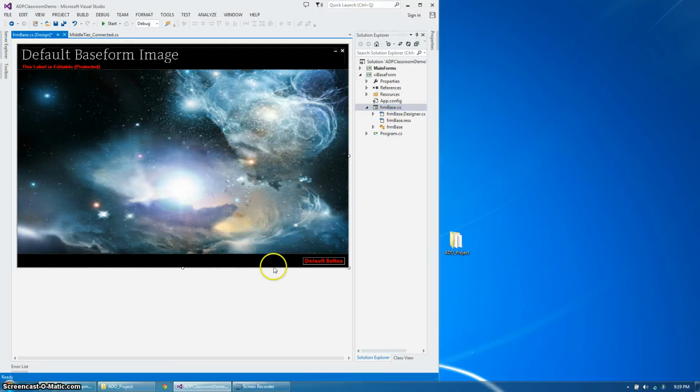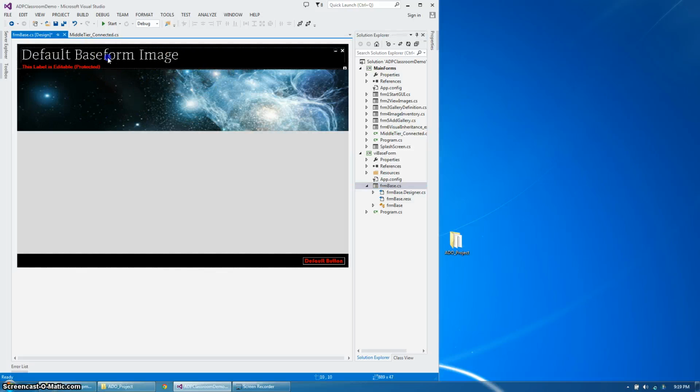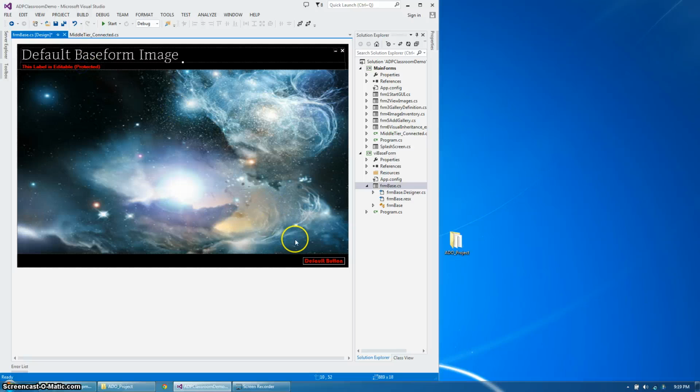This is the look and feel that I decided to go with, and when I create forms from the main forms project, I would be inheriting all this for each form that I create, and that way it keeps the look and feel the same throughout all the pages, and I don't have to go back and recreate everything. So here I have a picture box, another picture box, a label,